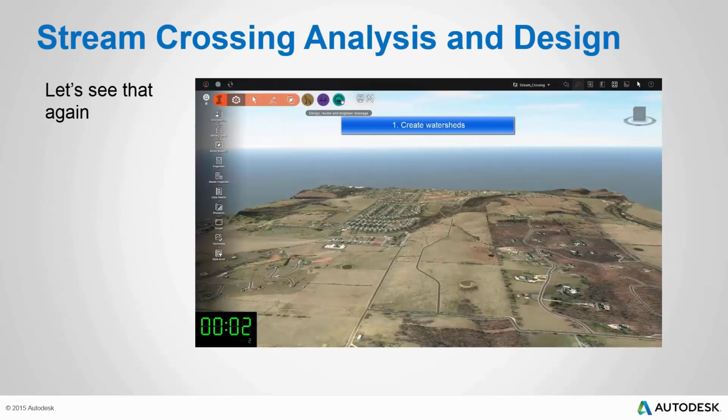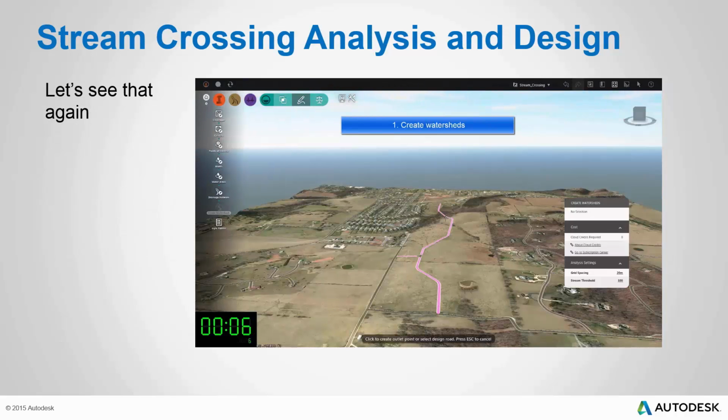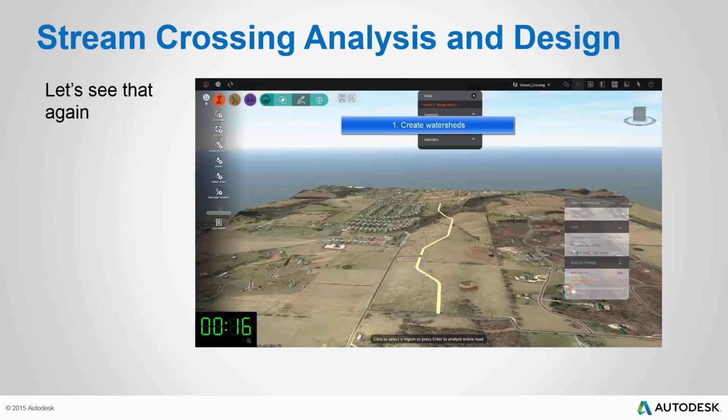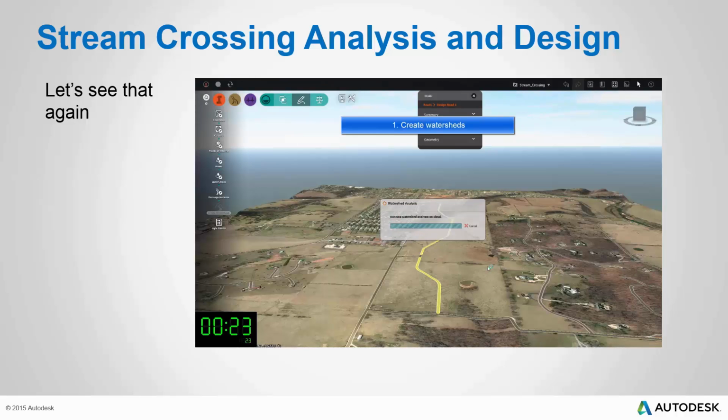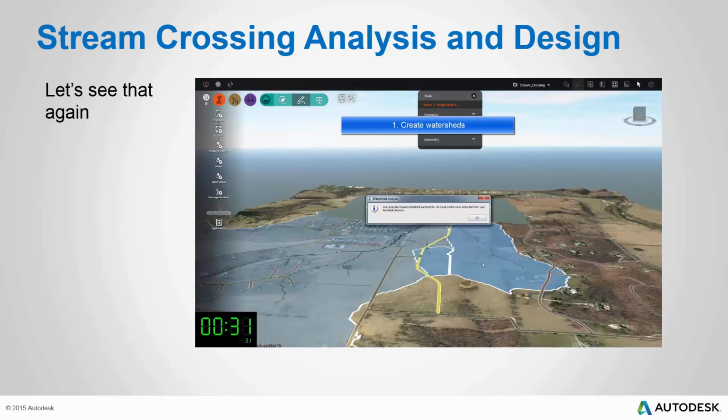We start with the Create Watersheds command, which actually uses the power of the cloud to calculate the watersheds that contribute either to a point or to a road. In this case, we've selected the road running down through the center of our project. And InfraWorks 360 will crunch some numbers, analyzing the shape of the terrain, and determine not only where the watersheds are located that contribute flow to that road, but also where the streams are